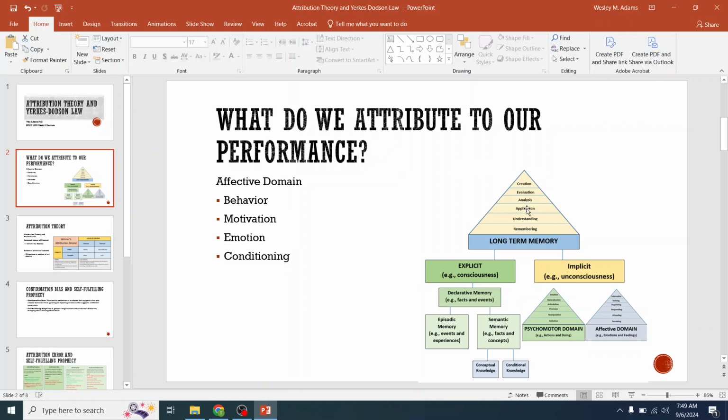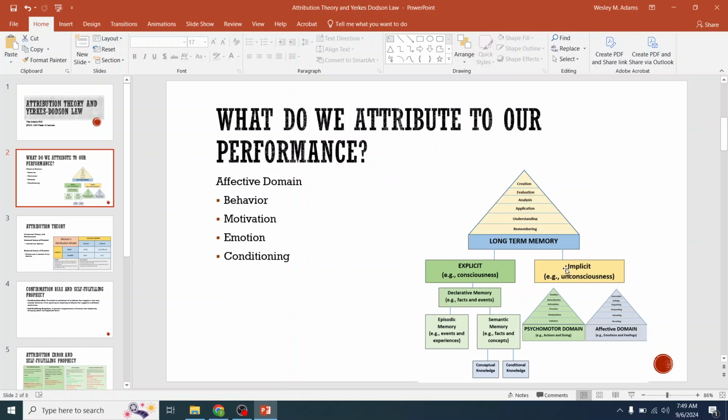I really like how Benjamin Bloom expanded upon these two concepts, explicit knowledge versus implicit. So he took the explicit knowledge and he defined the cognitive domain. And I use that to structure the class, making sure all the assignments get you through those levels of learning. So it gives you a little bit more information, not just on types of knowledge, but how to structure it.